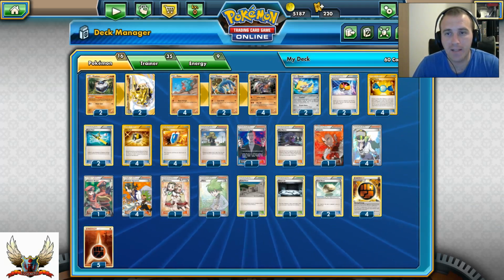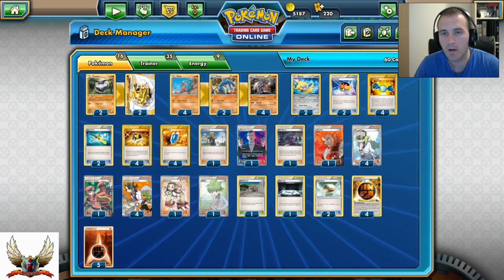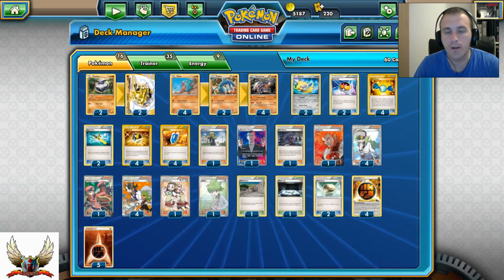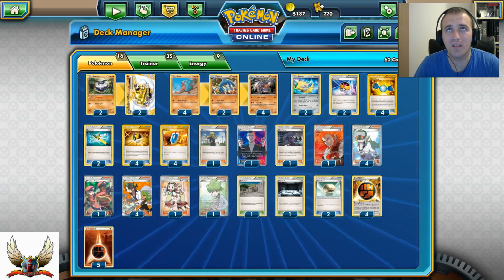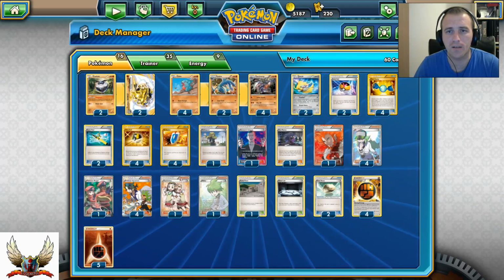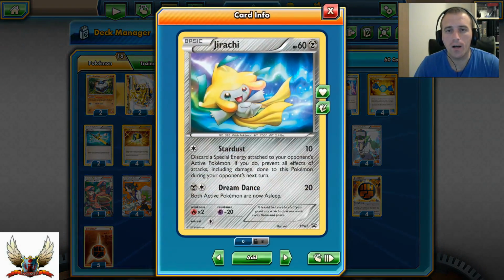I decided to run 4 copies of N and no Auxiliary because of those Garbodors. They're actually very popular right now in the format. So I think playing Auxiliary is not going to be that good, so maybe just focus on those Carbinks and the Garchomps with Jirachis, because Jirachi can be a pretty good counter card against Mega Mewtwo, against